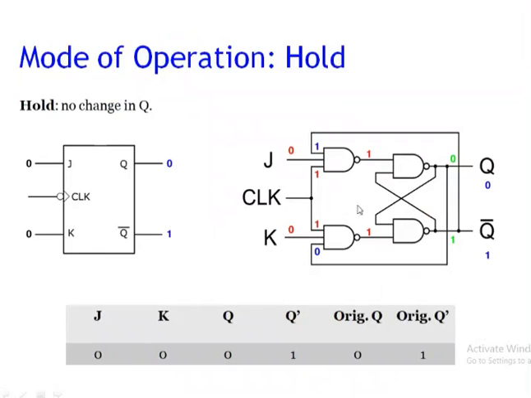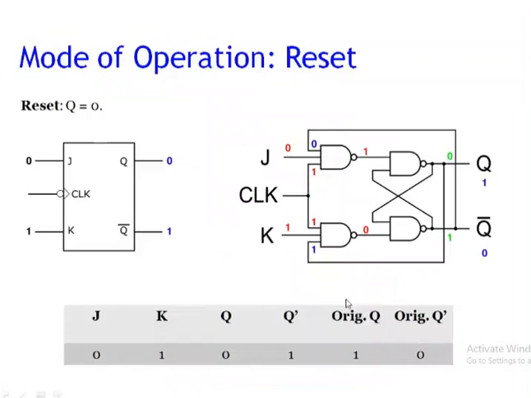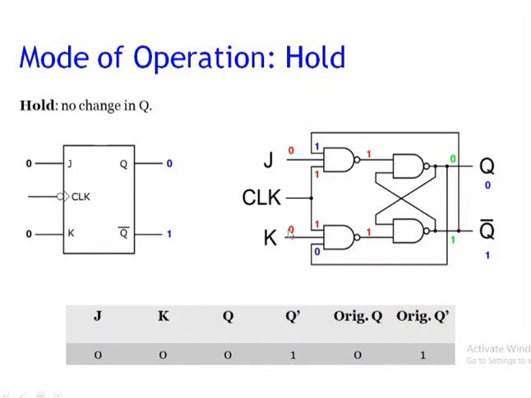So here you can consider how it is. First, hold. In that hold, the first condition is 0 0, so it comes to the hold mode. So 0 0, here again the output will be 0. Initially it is 0 0 1, so it is considered as a 1. Now if it is 1 then it is 0. If it is 0, it is given as one of the inputs to this one. Now it is 1 0 1. Sorry, here I am talking about this mode 0 0, the first hold mode. So here the output is 1 1.